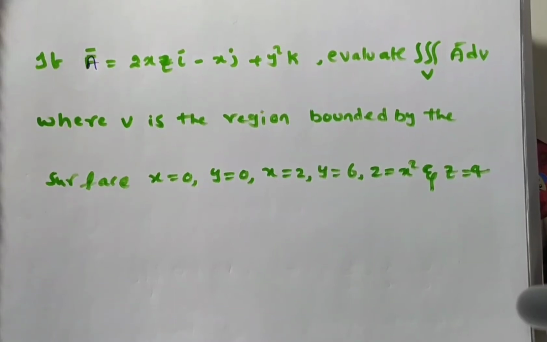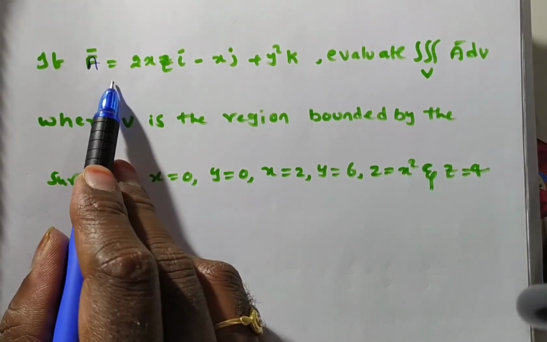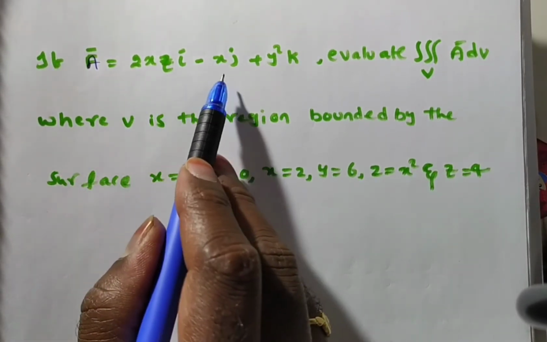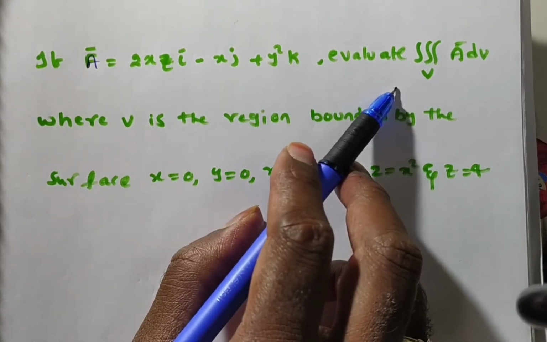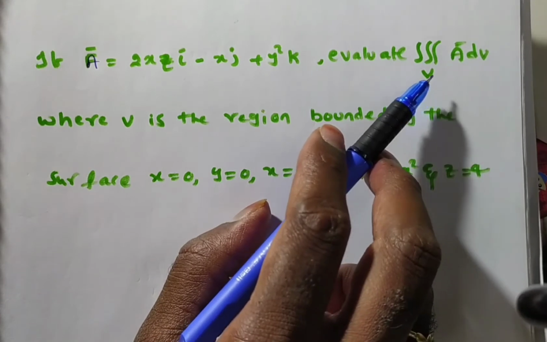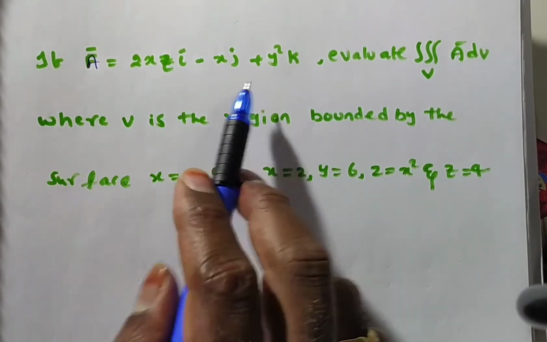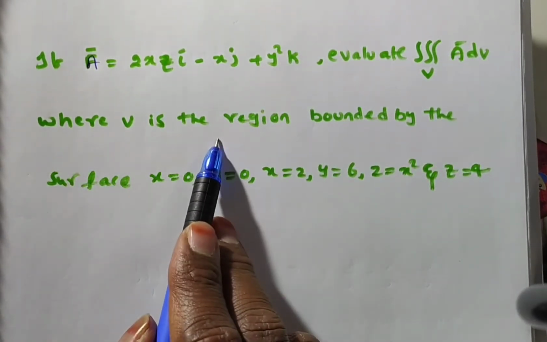Hi friends, in this video we are solving a problem on volume integral. The given problem is: if A bar is equal to 2xz i minus x j plus y square k, then evaluate the triple integral over V of A dV. Okay, A bar is nothing but a vector,